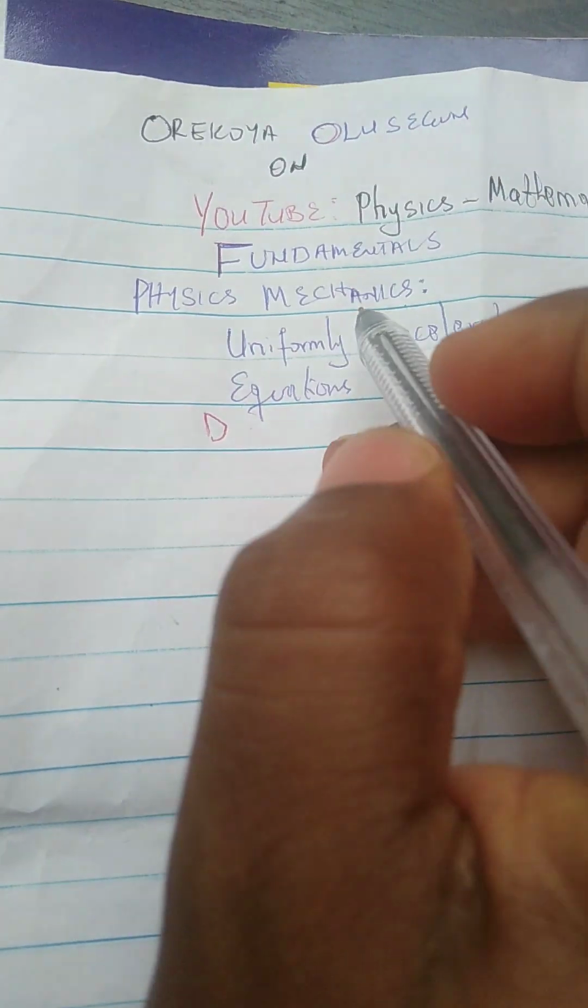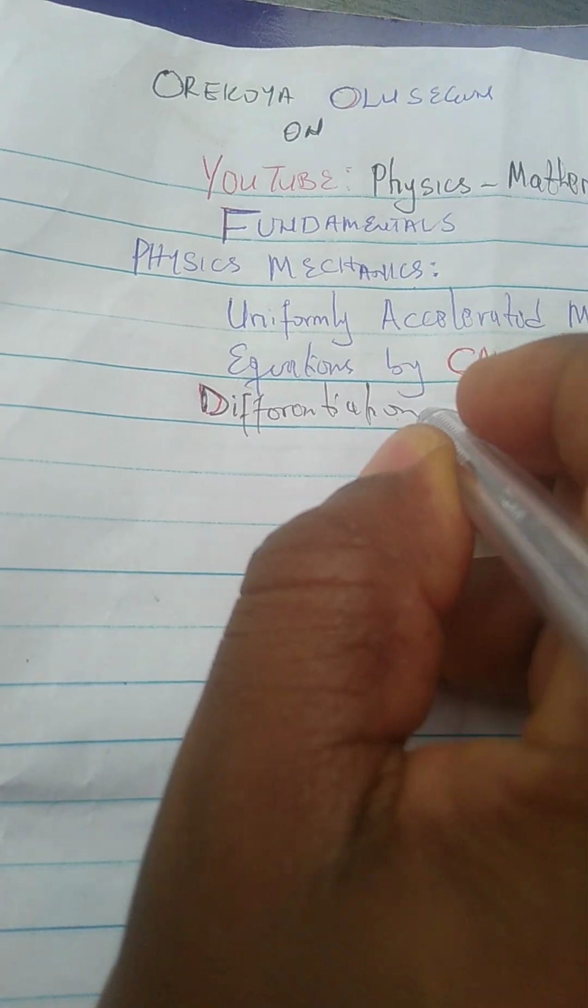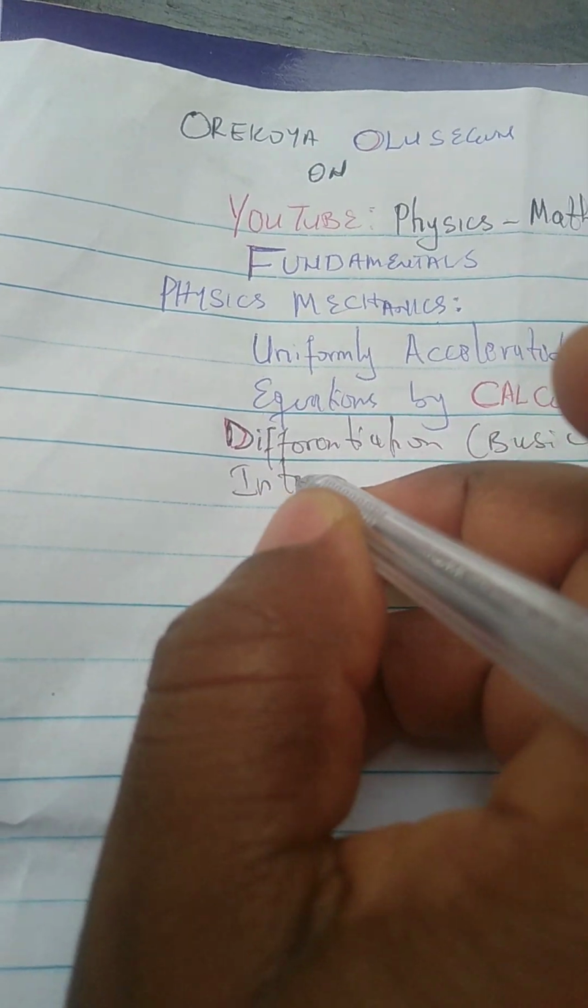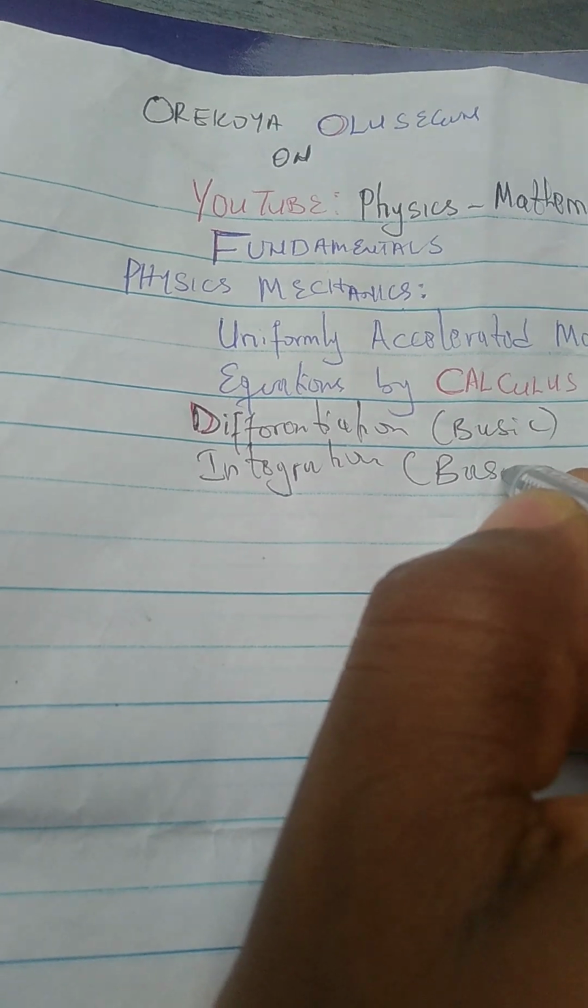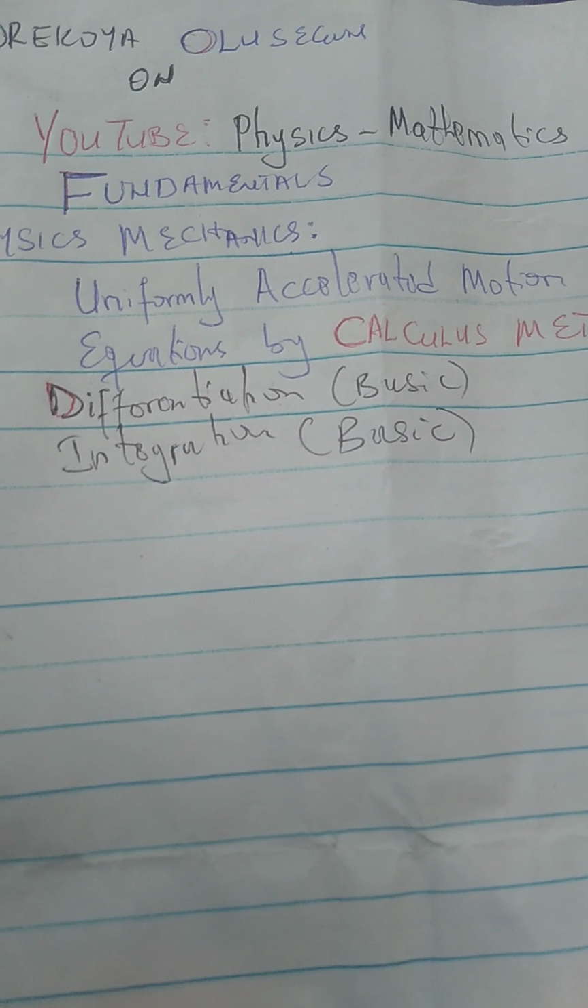differentiation, how to differentiate and how to integrate, basic differentiation, that's the background. Differentiation, that's the basic, and then integration. We must have the understanding of differentiation and integration, the basic one. This particular aspect, I dealt with it in my last video. You can check on that particular video on the basic differentiation and integration on Orekoya Olusegun Physics Mathematics Fundamental as